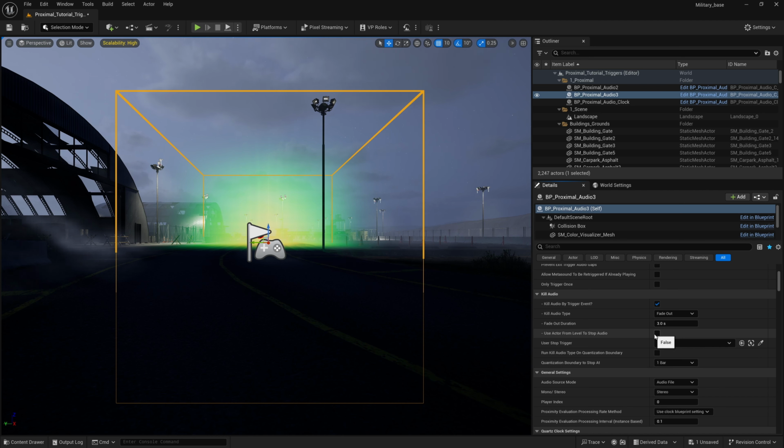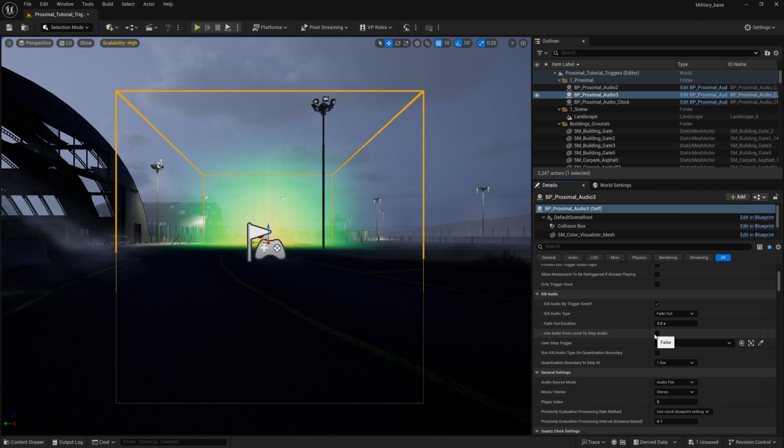So what else can we do? That would be a good time to show the exit trigger system and how that works. So what I need to do is create another instance in the level that we can trigger using an exit trigger. So what I'm going to do is just duplicate this instance, and just to ensure that we actually can tell that it's a different instance playing, it'd be a good time to actually choose a different sample. So this one,